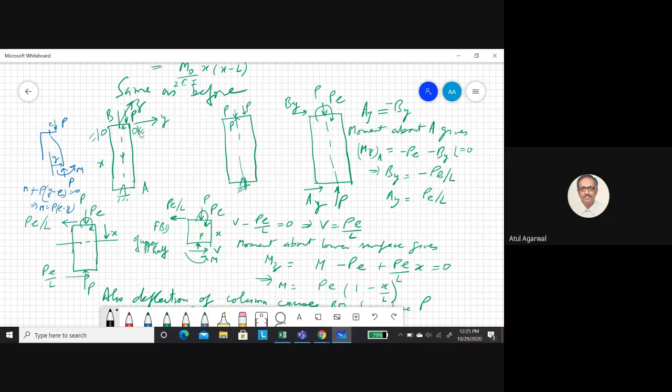You see the coordinate system I have taken. X is downwards positive, Y is like this. So your Z-axis is this. I have shown it incorrectly going into the board. It should be coming out of the board. Okay. Any problem with this? No, sir.